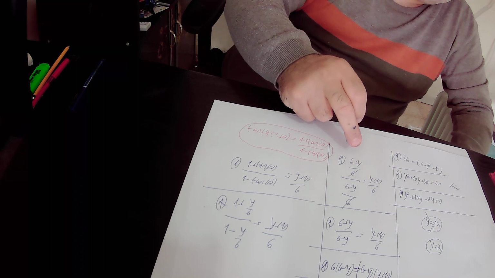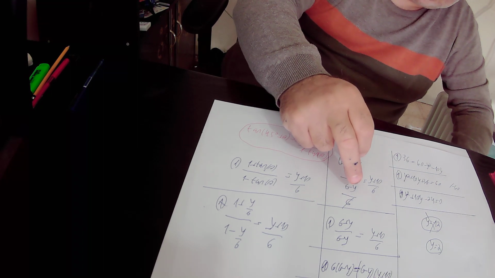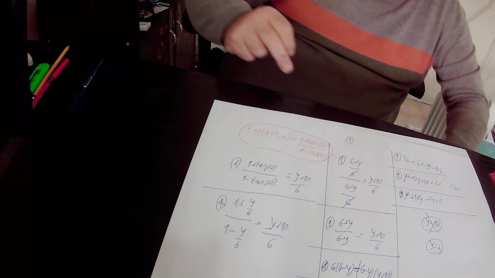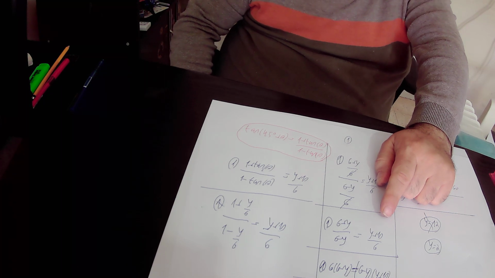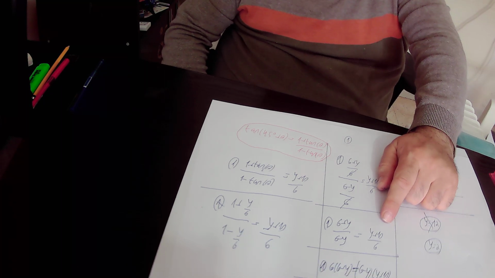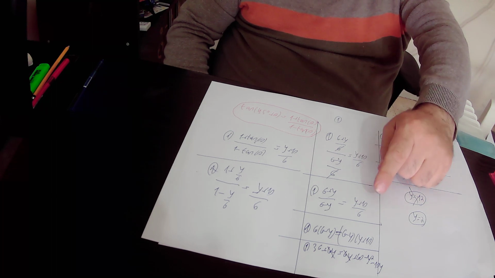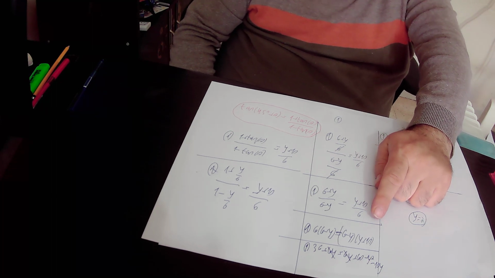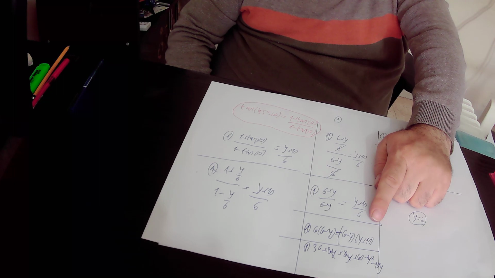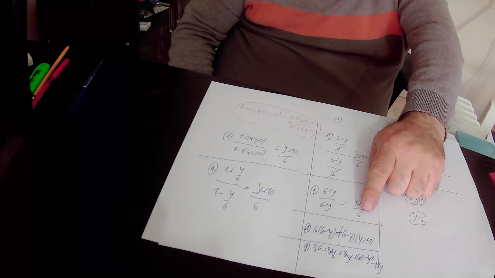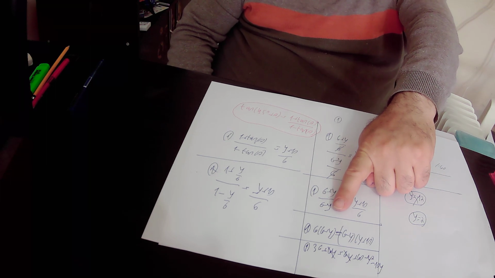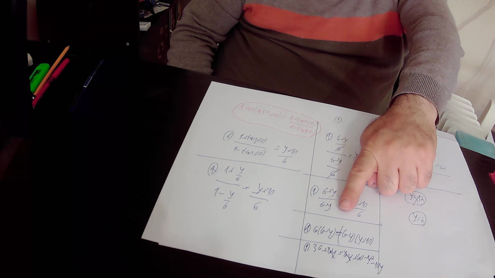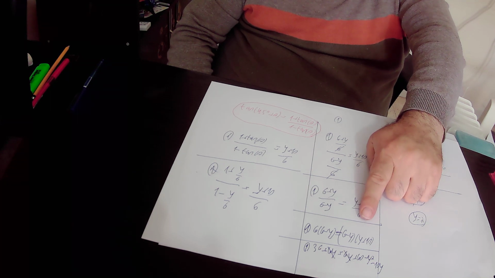Here we have 6 in the numerator and in the denominator, so 6 will get cancelled, and we're left only with 6 plus y over 6 minus y equals y plus 10 over 6. We cross-multiplied, and we got that 6 times 6 plus y equals 6 minus y times y plus 10. We opened the brackets on both sides, and we got that 6 times 6 is 36, and 6 times y is 6y, and it is equal to 6y plus 60